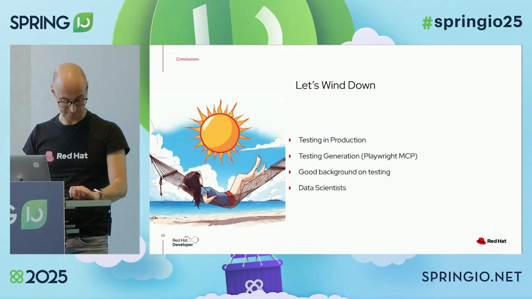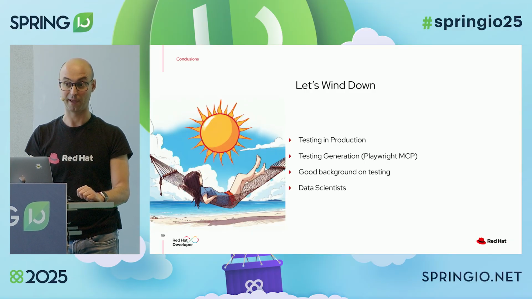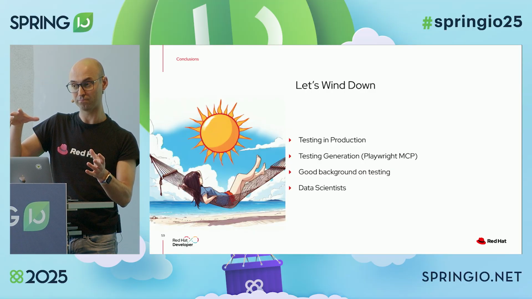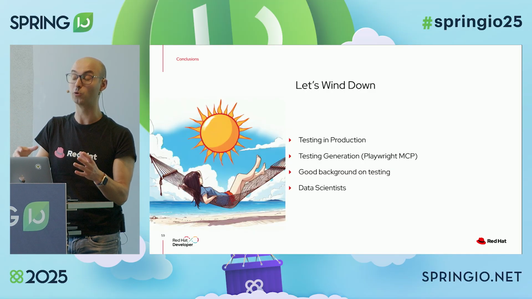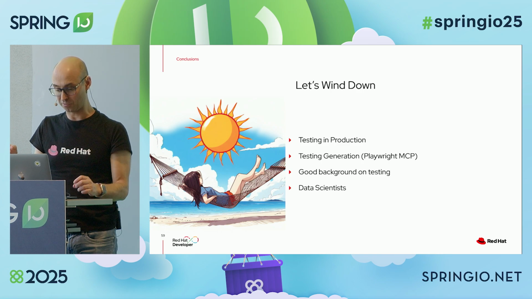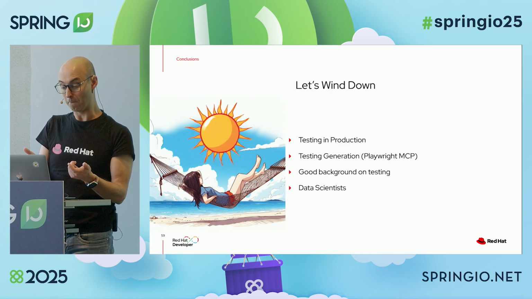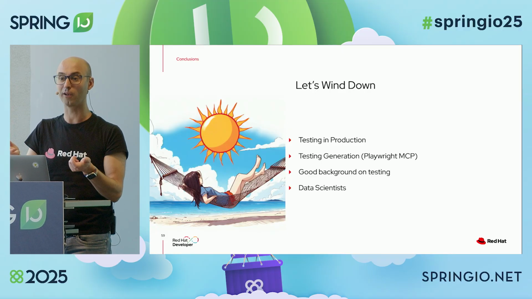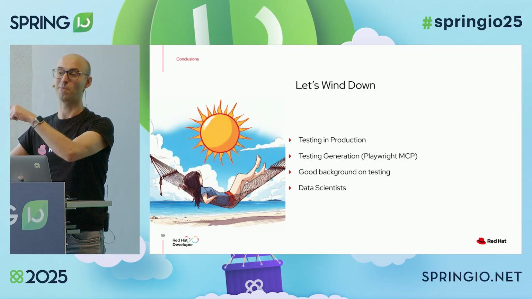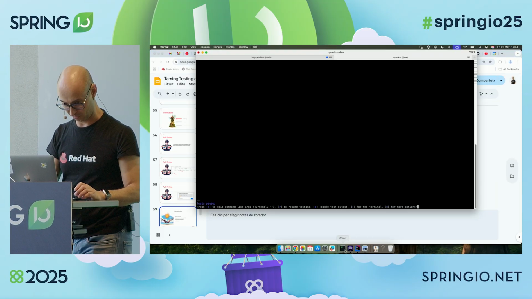Finally, as you can see, there is a lot of testing in production when you are starting to do AI, because there's a part that you're going to develop, but there are a lot of big changes that you need to test in production, your application, see how it's going. The second thing is that, of course, you need to test your application, but you can still use your model to test your application, right? So it's like, okay, I need to test the model, but also the model can test me. And let me show you one small example about this.